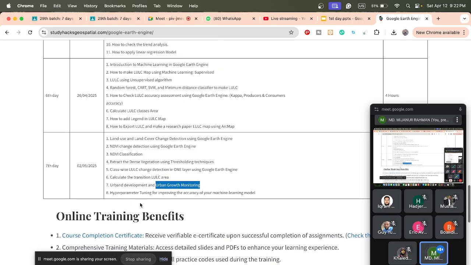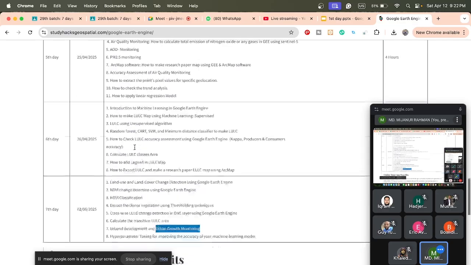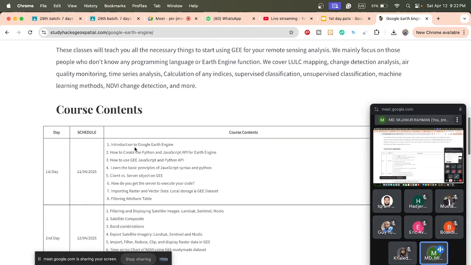And we also discuss hyperparameter optimization or hyperparameter tuning for improving the accuracy of your machine learning model. So this is the full syllabus, okay, and each day I will provide you 3 hours of live training and 1 hour for your problem solving. Okay, suppose from the next class, if you have any problem or any confusion, you can simply share your screen and then show me your problem. So for problem solving, 1 hour, and live training for 3 hours.